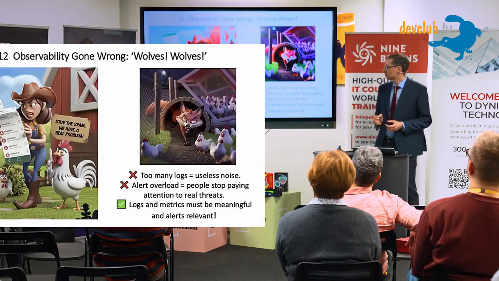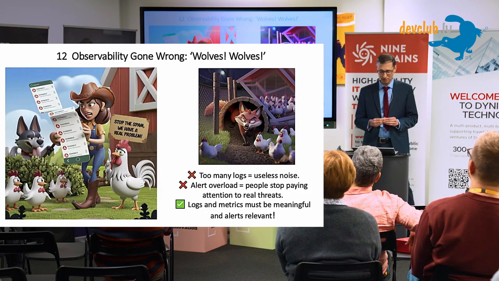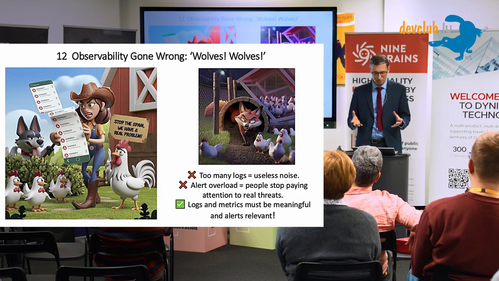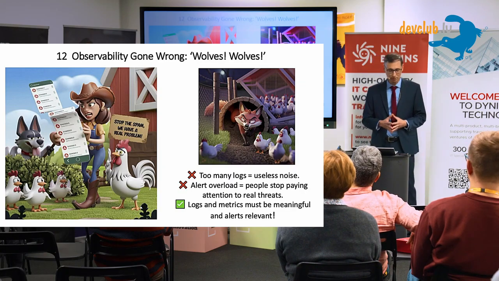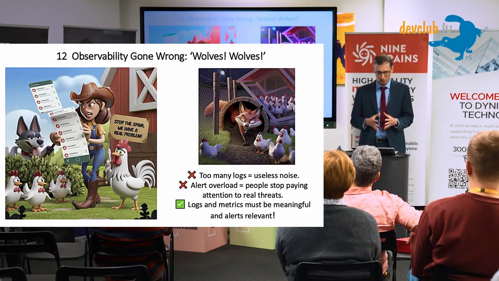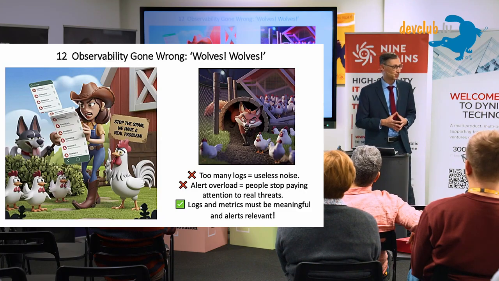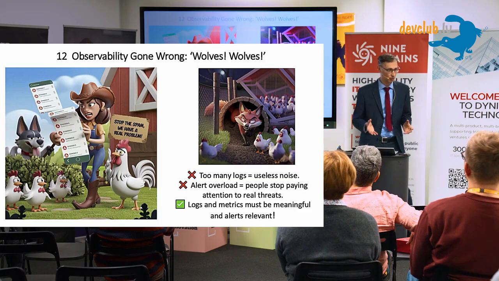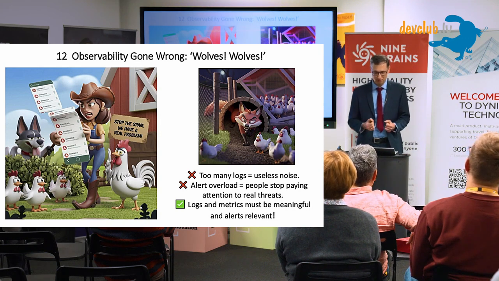But what can go wrong with observability? Yes, another situation. Suddenly Jennifer starts receiving alerts every 10 minutes about wolves. The logs are flooded with errors that wolves are spotted somewhere, but there are no wolves. Everyone is looking for wolves, but no wolves.